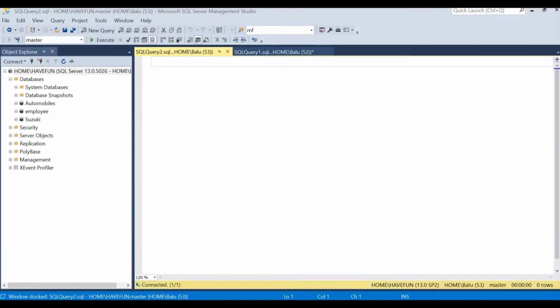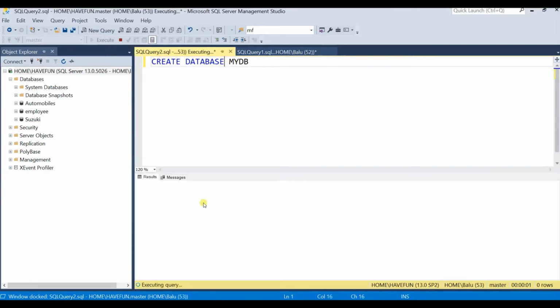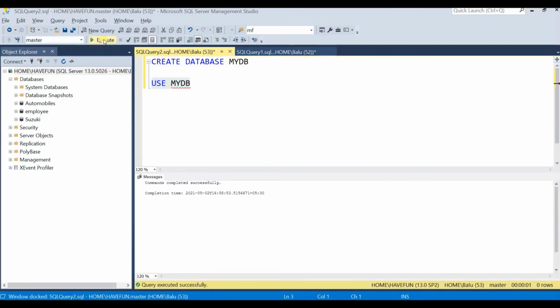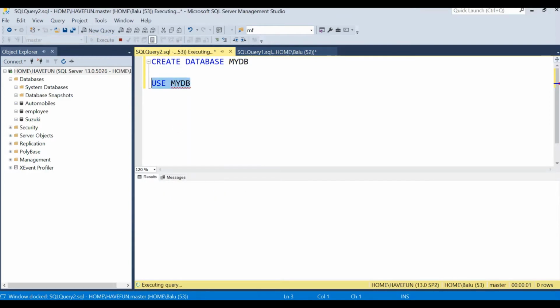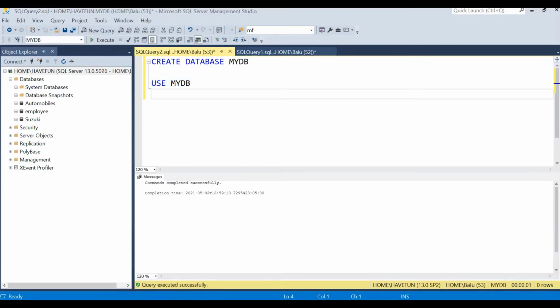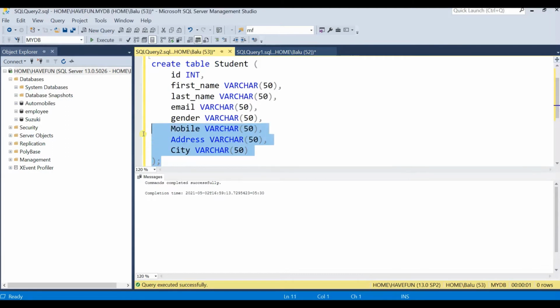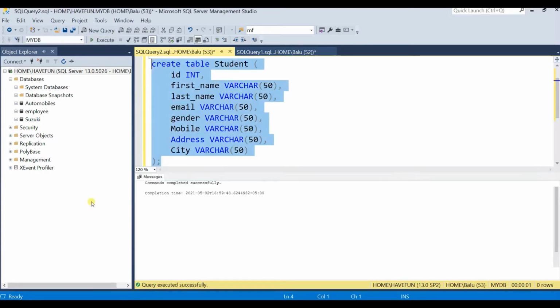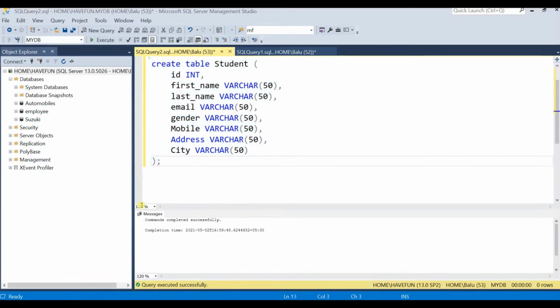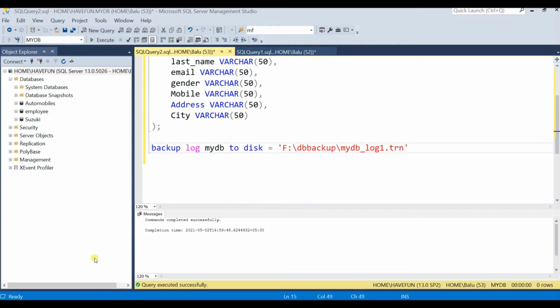Let me create a new database. Database name is MyDB. Let me create a table. Table is created. Now let me try to take a transaction log backup and see what error I may encounter.